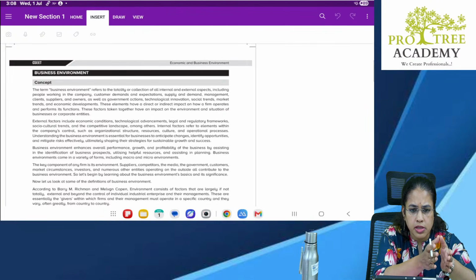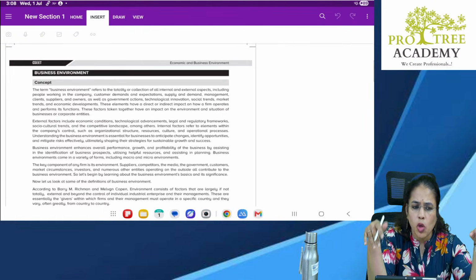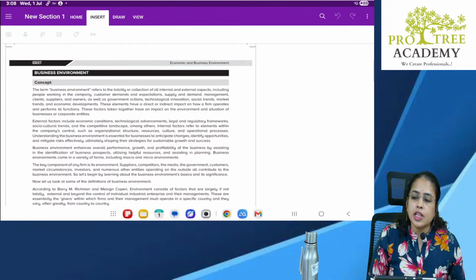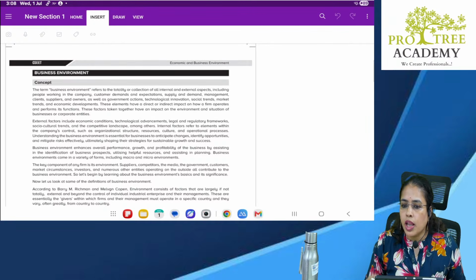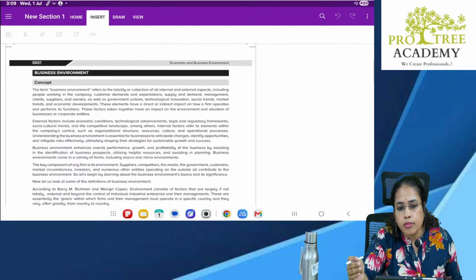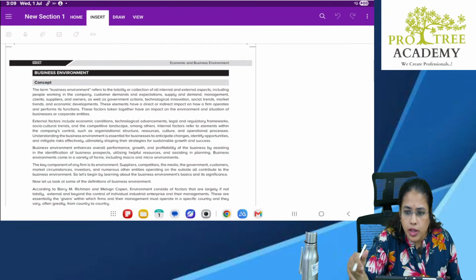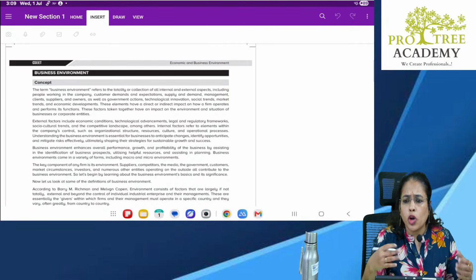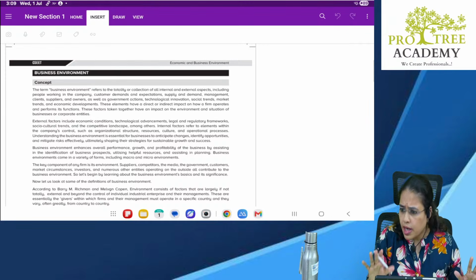When you start a business, there are different kinds of things. One is internal things and one is external things. Internal things, what are the internal things? Like you have to put money. How much money you will be putting, capital will be there. Then technologies, your latest technologies, machinery, what you want. Then employment, how are the people there, how efficient they are, how they are doing their work, and how much you have to produce, what you have to produce, what are the ethics. All these things are internal things.